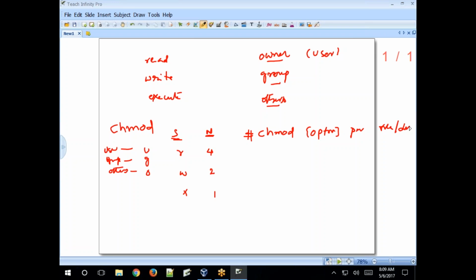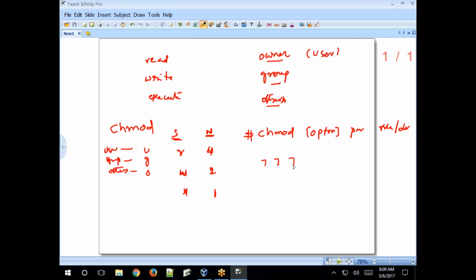So read, write, execute access: we have two methods to set permissions on a file or directory. Read, write, execute denotes the value 7. Read, write, execute: 7, 7, 7.